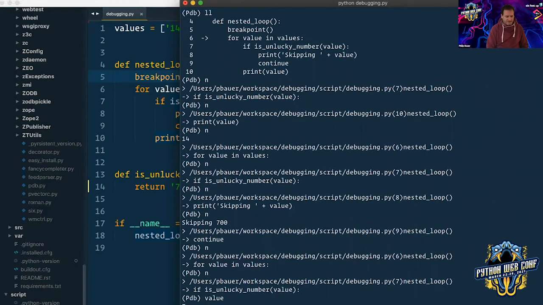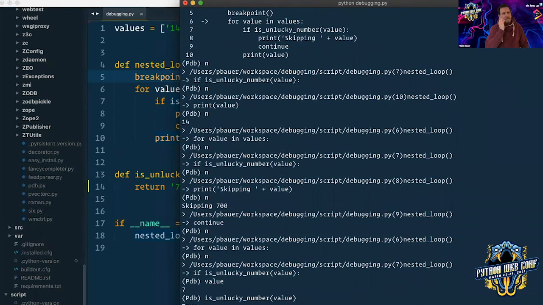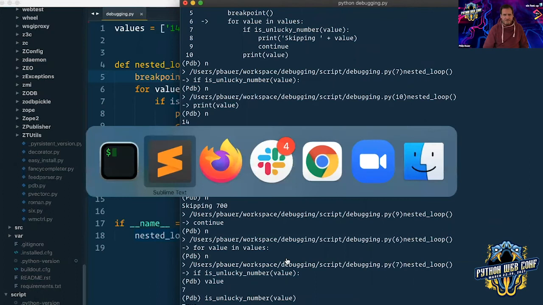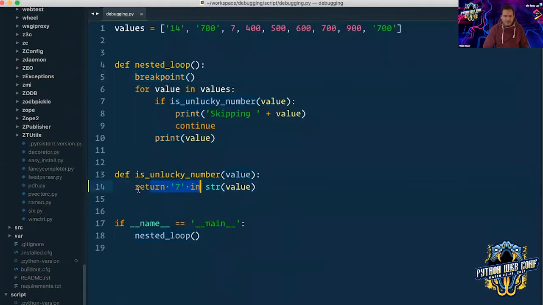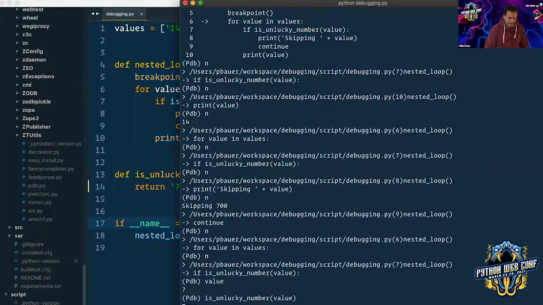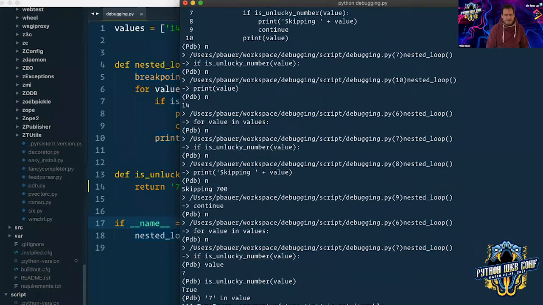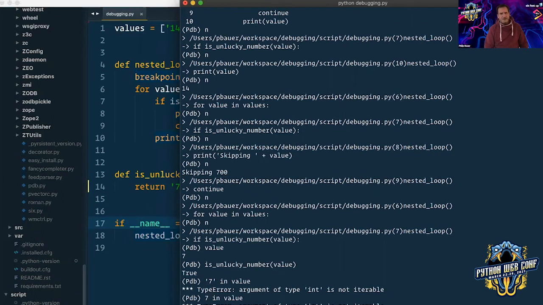Value is now 7, and I can even execute my own code here, and I can even execute parts of this code. I can say 7 in value, for example, 7, oops, in value, and I get the original error. The argument of type int is not iterable. Or even worse, I can do this,